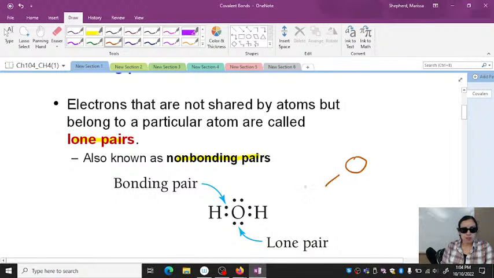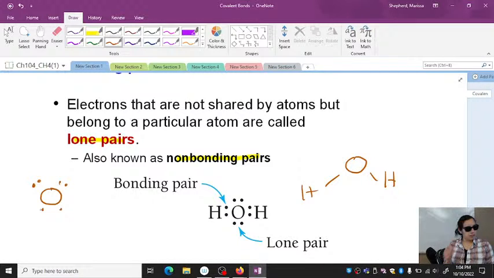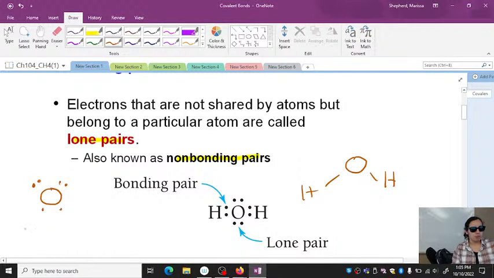I'm just going to redraw this representation of water. You can draw this a couple of different ways. Actually, before we get to this structure, let's start with our Lewis dot structure of oxygen. How many valence electrons does oxygen have? 6. Make sure you draw them out in your Lewis dot structure: 1, 2, 3, 4, 5, 6. This is already showing us some information. We have these two lone pairs of electrons, and these are going to be shared.